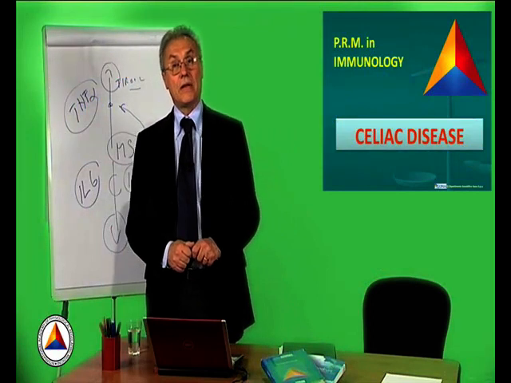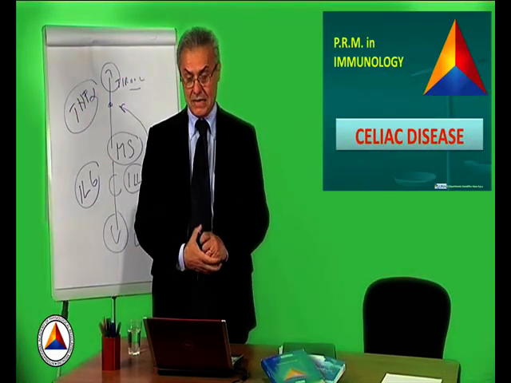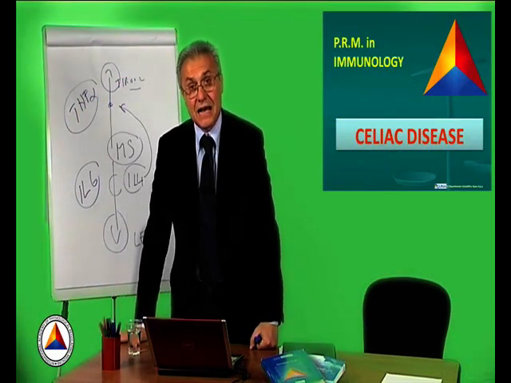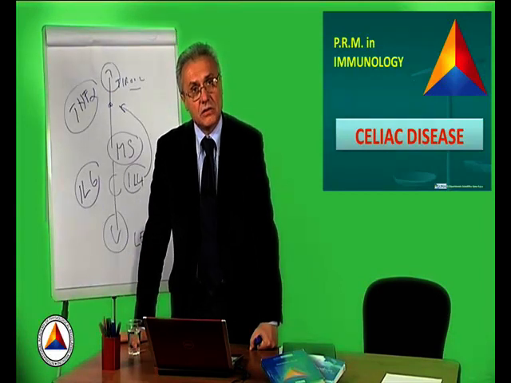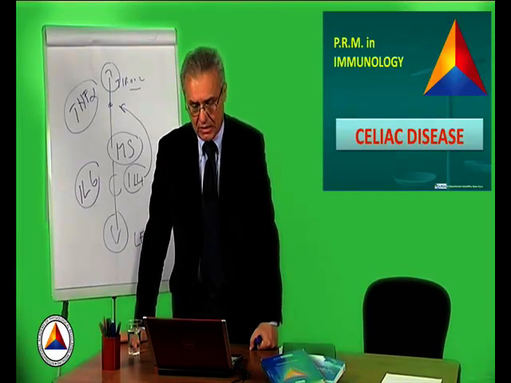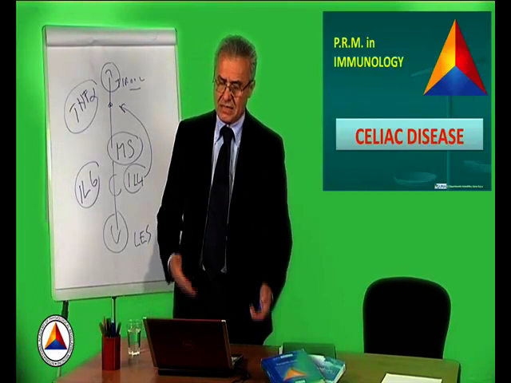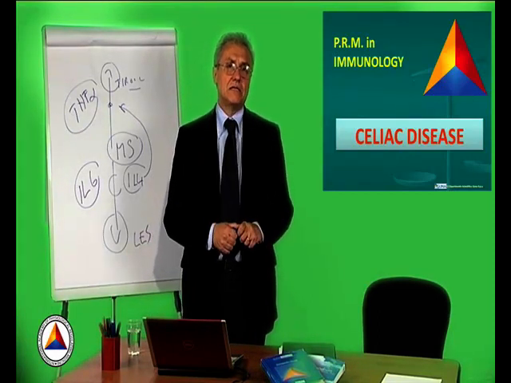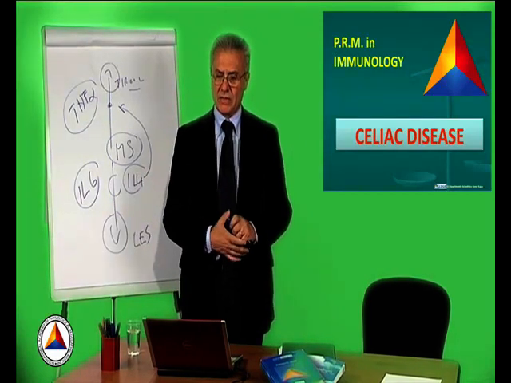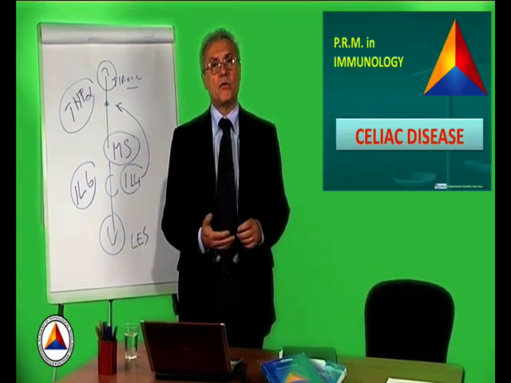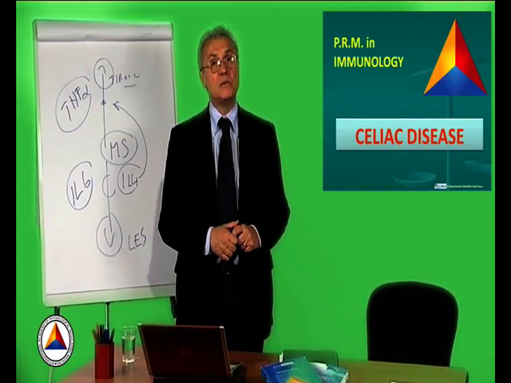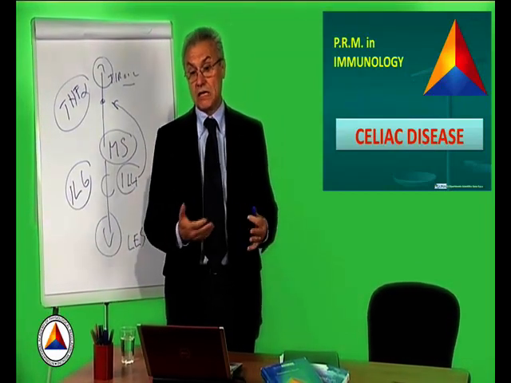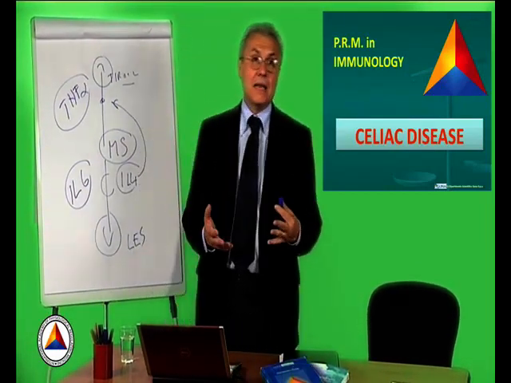Celiac disease is a very common pathology which is very important for us because we know that in Italy at least 1 person in 300 is affected by celiac disease. Therefore in Italy and in many other European countries such as Ireland and also in the United States, celiac disease is very common, while on the other hand it is not very common in Africa, Japan and China, and this may be due to nutrition.